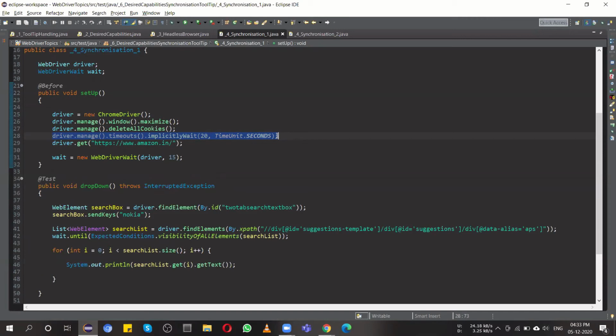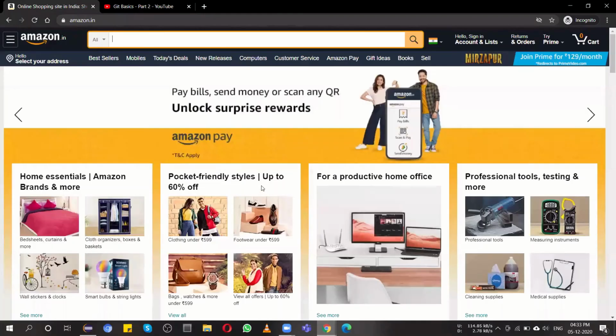Now the second thing is the explicit wait. What is meant by an explicit wait? You can give a particular condition, where you do some actions and after that a particular web element appears on the screen.